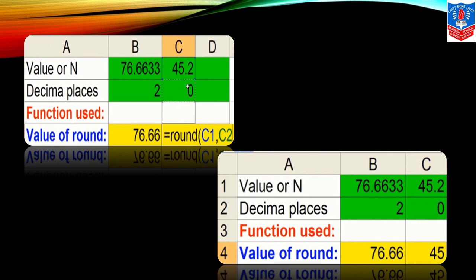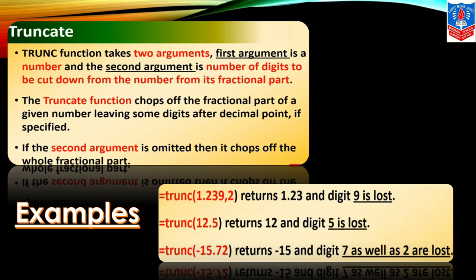Here function we are writing is equals to round c1 comma c2. c2 पे हमने 0 रखा है बच्चों. Okay, so we don't want any number after the decimal, so 0 we are putting. Output it is giving what? Round तो ये कर ही देगा, हमने इसे c2 में 0 दिया है, but still it will make it round, that is 45. 0.2 it is not taking.